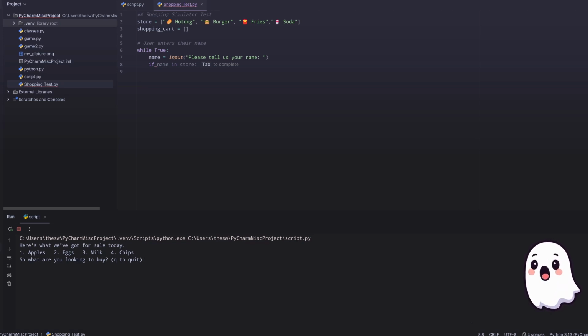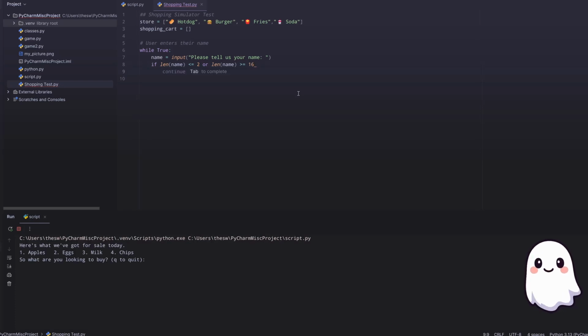So let's say if len, which is length. We're looking for the length of the name is less than or equal to 2, so if the length of the name is 2 or fewer characters, or the length of the name is greater or equal to, let's give them 15. We will do